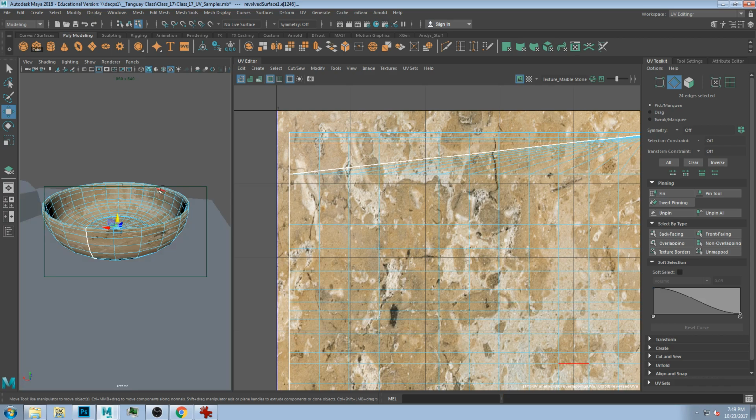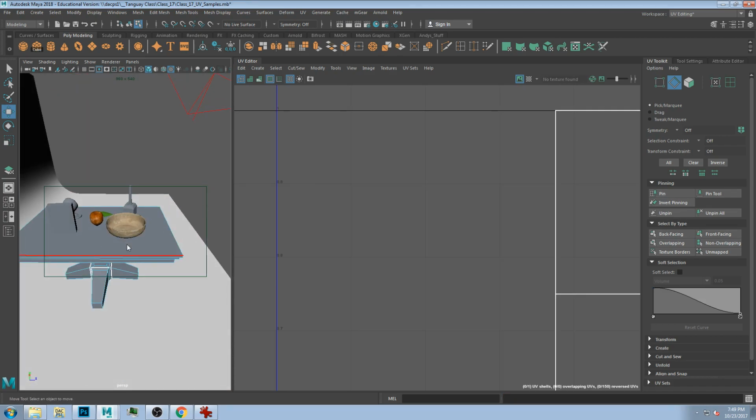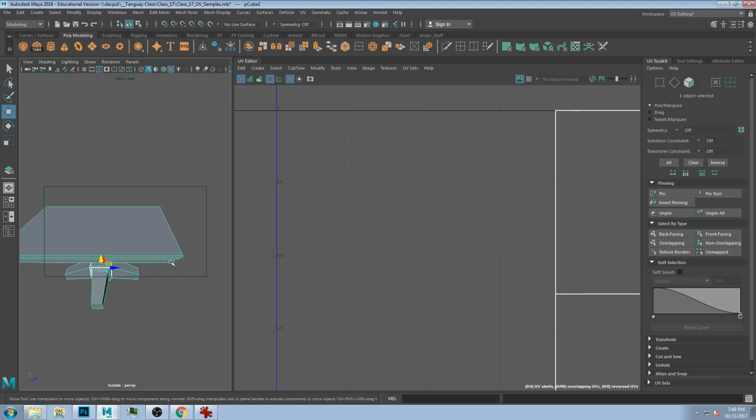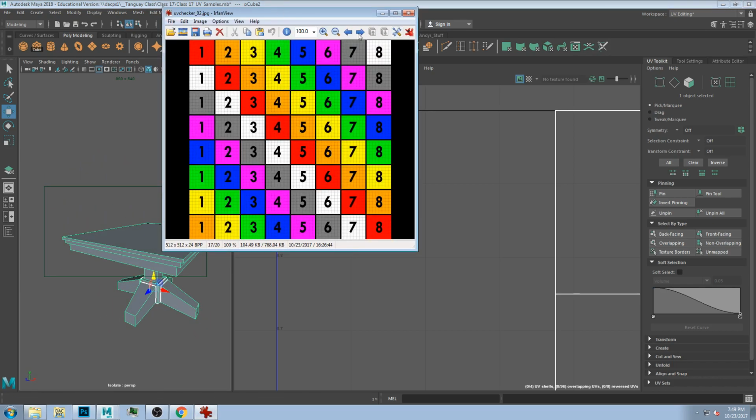So I'm going to go into another object and show you. So I made this table too. This is another kind of a good bad example, in that it's got all these pieces, right? And I grabbed a